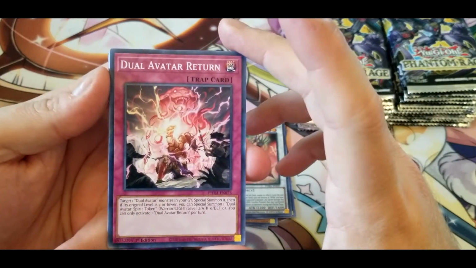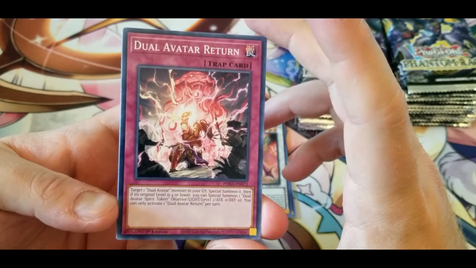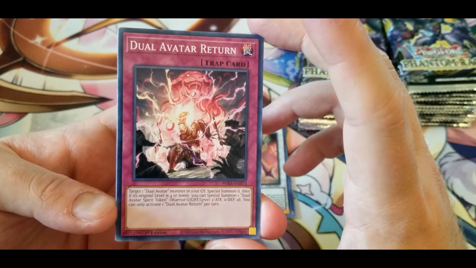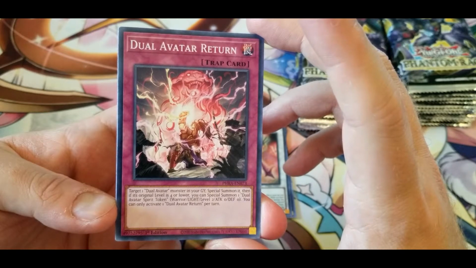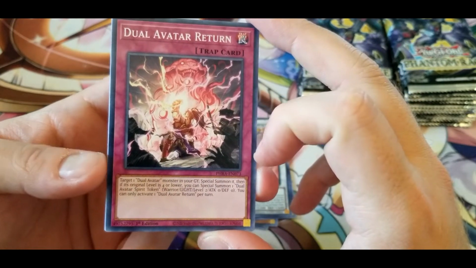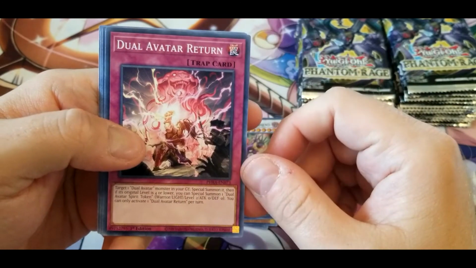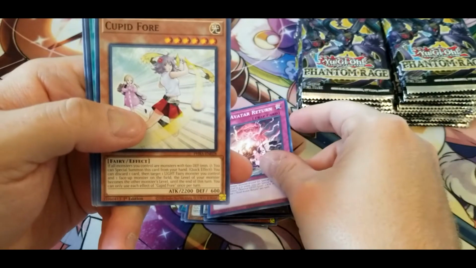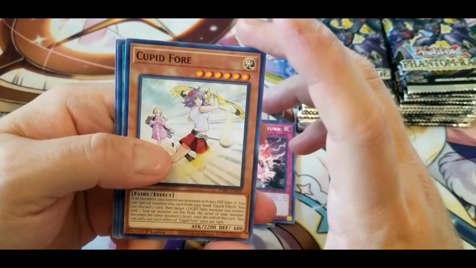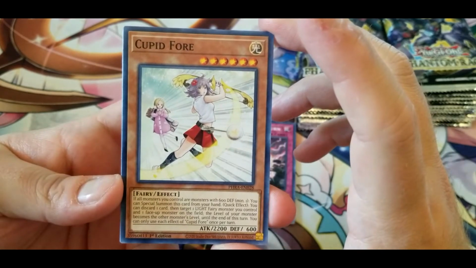Dual Avatar Return. Target one dual avatar monster in your graveyard, special summon it, then if its original level is 4 or lower, you can special summon one dual avatar spirit token. Warrior, Light, level 2, 0 attack and defense. You can only activate one dual avatar return per turn. Good way of getting material for fusions or synchros or XEs or...